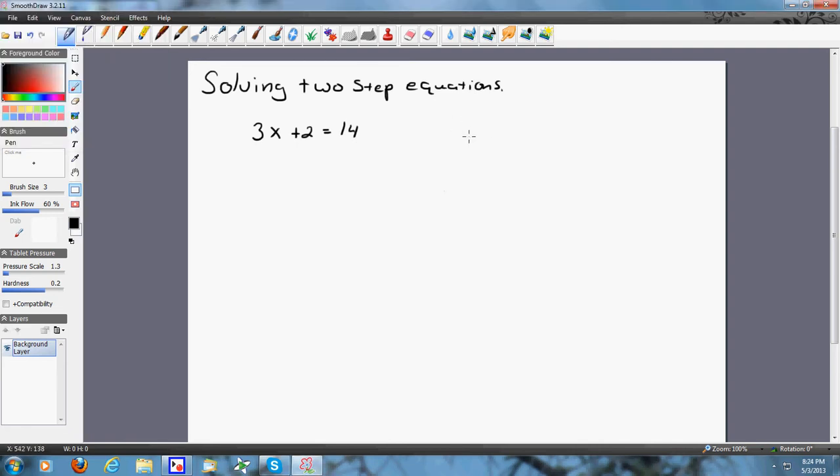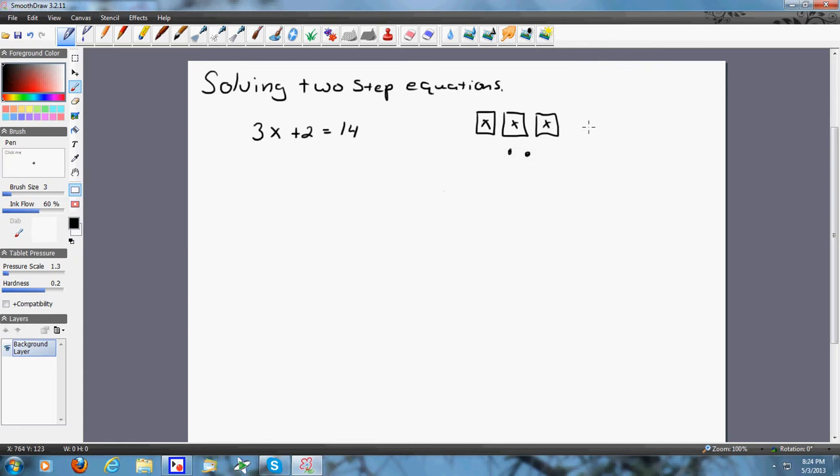I'm going to show you how to solve a basic two-step algebraic equation. What we're ultimately after is to find some value of x that will make this equation true. To give a better idea of what we're actually doing, I'm going to draw 3 boxes